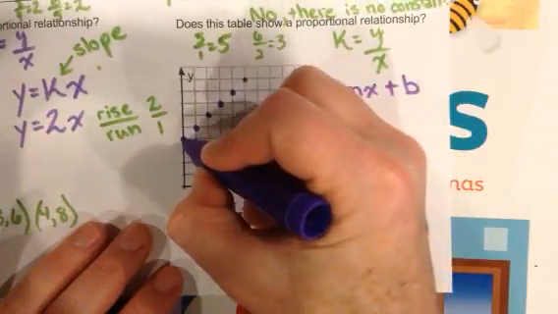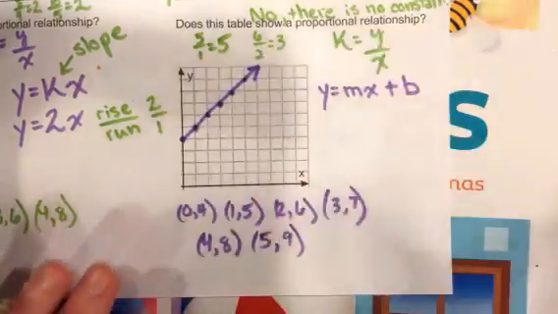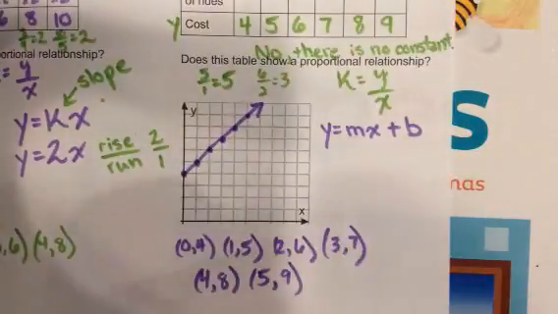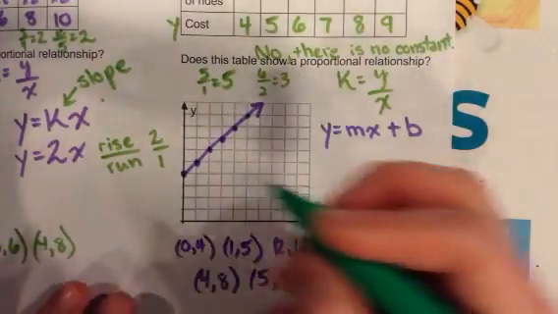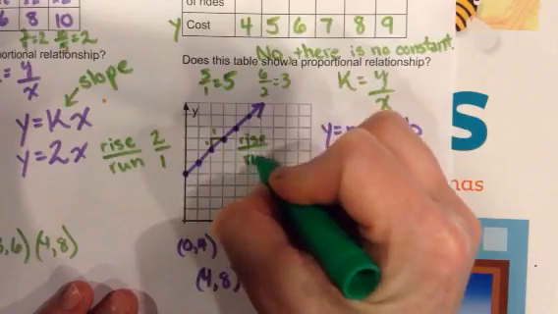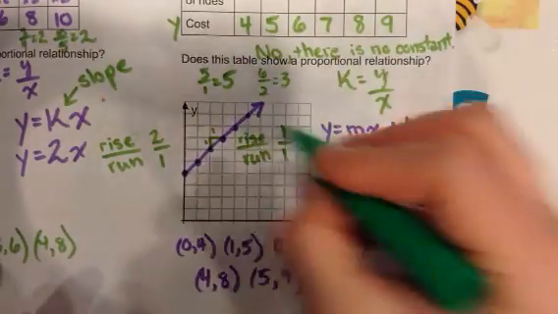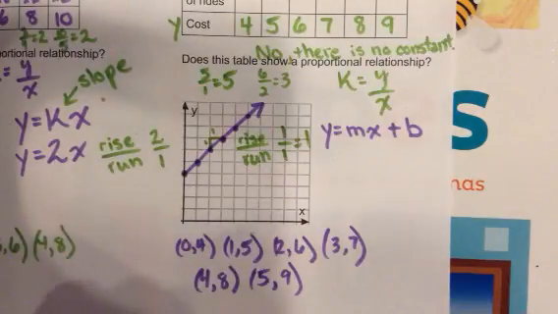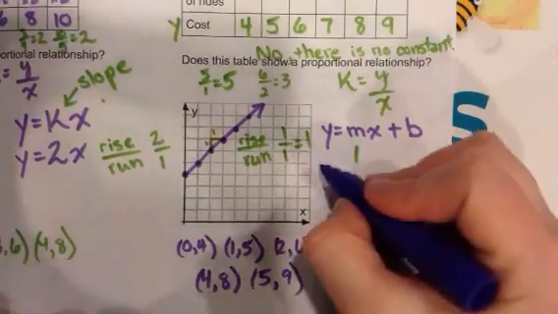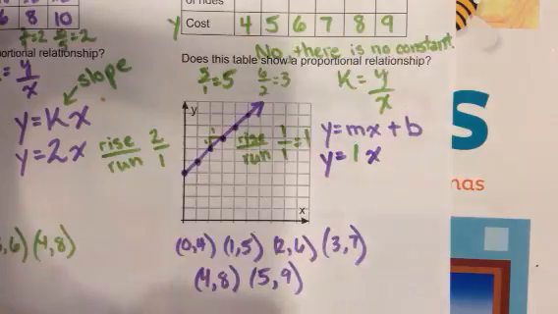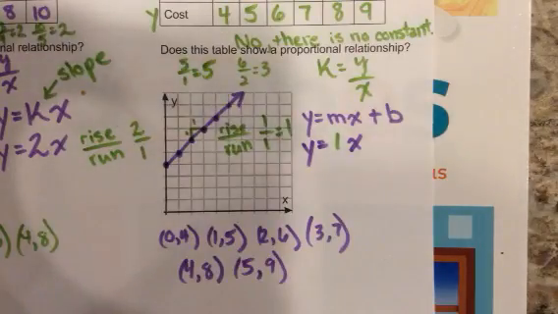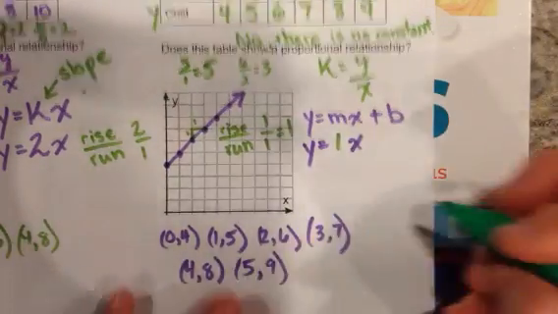Okay, just a minute. Go ahead and draw a line through your points. Okay, remember that M was for slope, so I can pick any 2 points that I want to and count the rise over run. On this graph, my rise is 1 and my run is 1, so that just reduces to a 1. So I'm going to go ahead and fill in a 1 for my M. Bring down the y, the equals, and you have to keep the x in there too. Now this b back here is new. I haven't talked about him yet, so I hope you're listening. B stands for, and we can kind of write this out here,